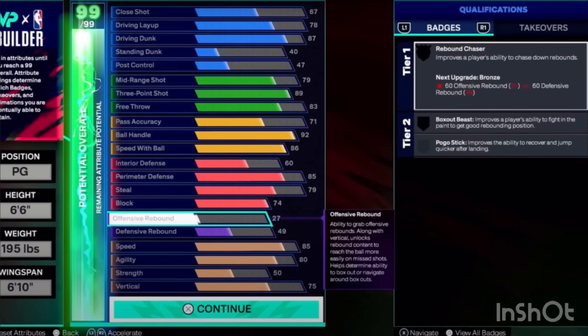Our next build is from Solo. This is a 6'6" build with the gold unpluckable if you guys wanted to get that instead of the silver. He went with the 87 driving dunk, which will get you pro contact dunks off of 2. If I could somehow get to the 89 to get the pro contact dunks off 1 as well, I'd probably do that, but other than that, that is okay. 89-3 just like the last build for the silver limitless range. 83 free throw, that's good if you play fives. 71 pass accuracy, he's on my type of play style. The 92 ball handle, like I said, for the handles for days and unpluckable on gold. And he went with an 86 speed with ball for light